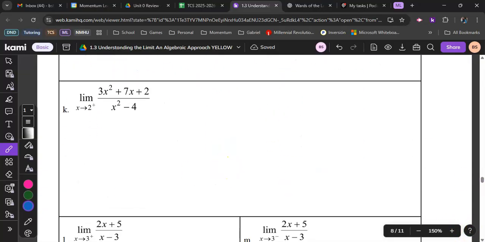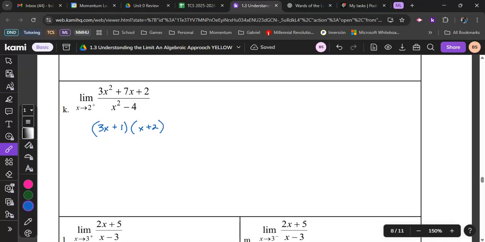All right. Next one here, we plug in 2. We're going to see that we've got a problem. We're going to get 0, so we're going to try factoring it before we do anything else. I'm going to factor something that adds to 7, multiplies to 6, which is 6 and 1. So I'm going to get (3x